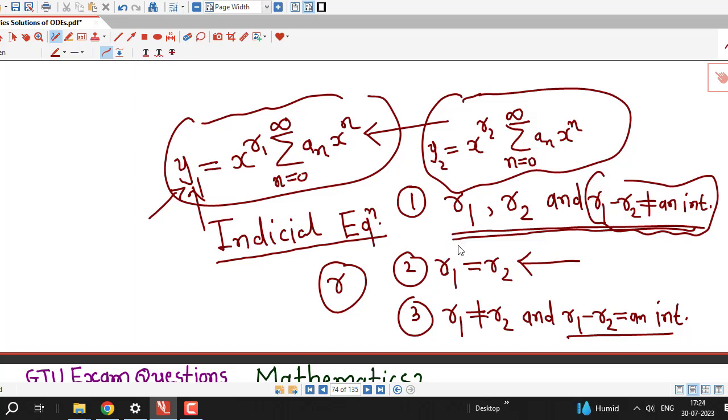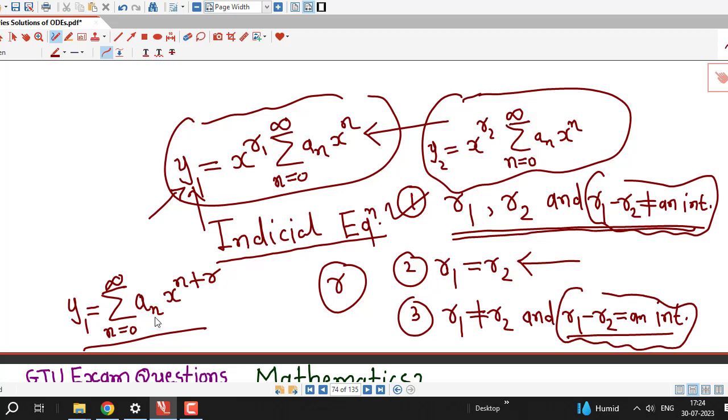out the second solution? In every case we will always have one solution in this form, x raised to r into an x raised to n or an x raised to n plus r. We will always have at least one solution in this form, and second solution is also in this form in first case where r1 and r2 are different and they do not differ by an integer. But if we have equal roots or if difference is an integer, then our second solution can be different from